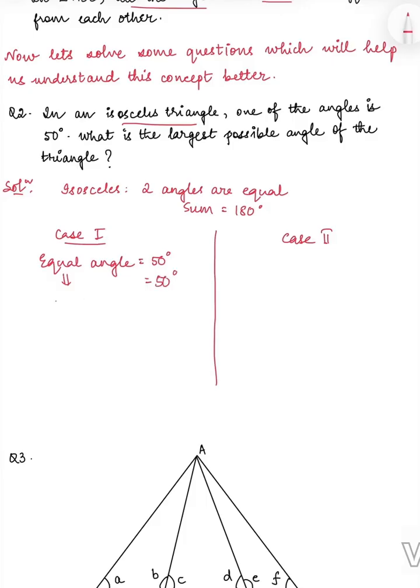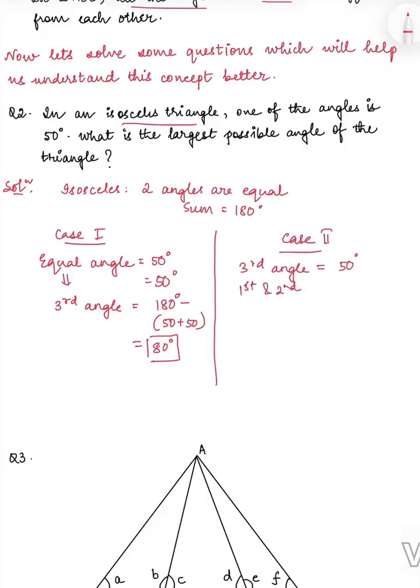So what is the third angle? The third angle will be 180 degree minus 50 plus 50. So that is 80 degree, right? And in the second case, we have that the third angle is 50 degree. And so the first and second must be equal, right? Because it's an isosceles. So this angle will be 180 minus 50 degree divided by 2. So that gives us